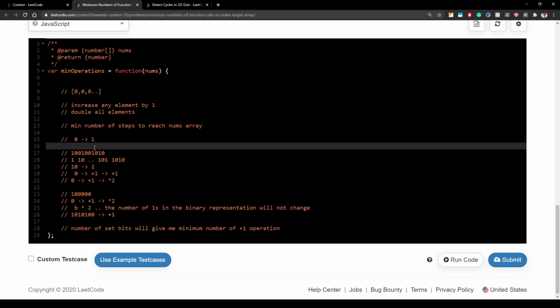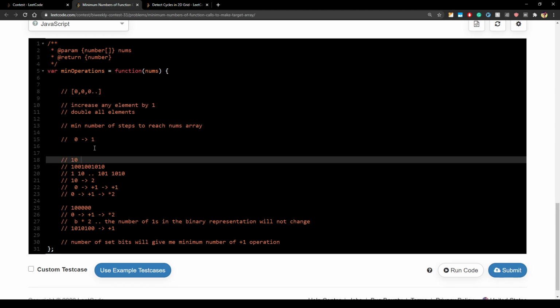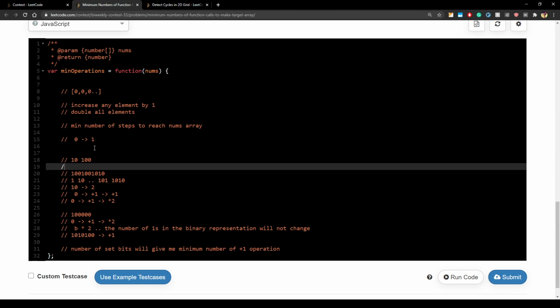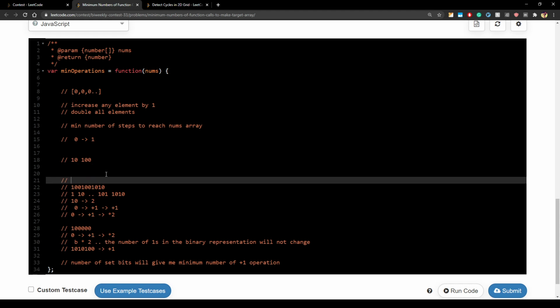For example, if you look at this example, it is 10, which means 2, but you have to make 4 out of it, right? So it is easier to just multiply it by 2, because otherwise you have to add 1 twice. If this number grows, then multiplying by 2 is even faster. So that is the second observation. But that is not the exact number. So the exact number is, if you have